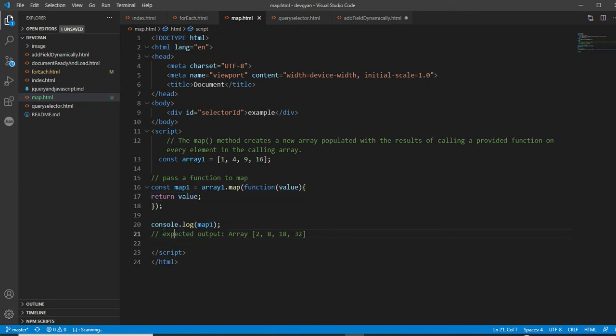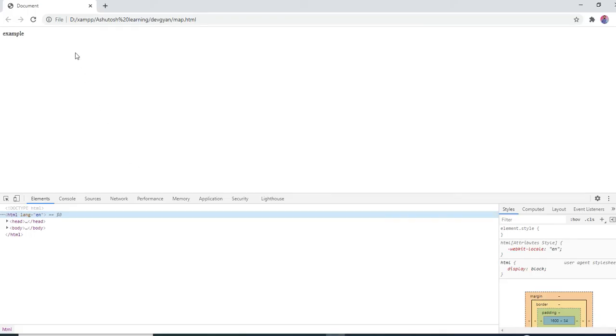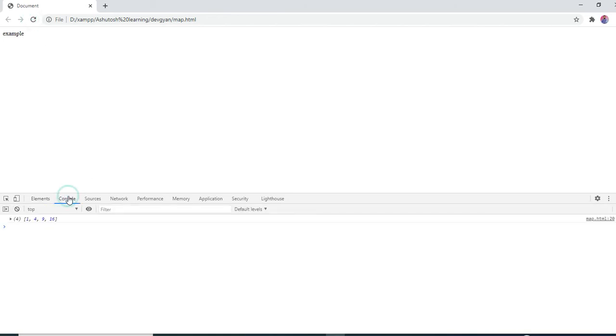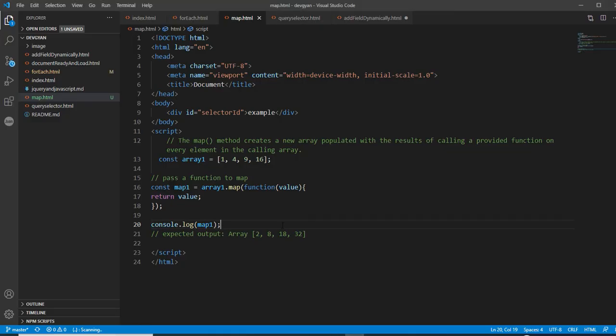And you are consoling this map1. Let's see what output you are getting. Refreshing, in the console you can notice the same array, 1, 4, 9, 16. You got the same array in this console. Why? Because you returned this value.